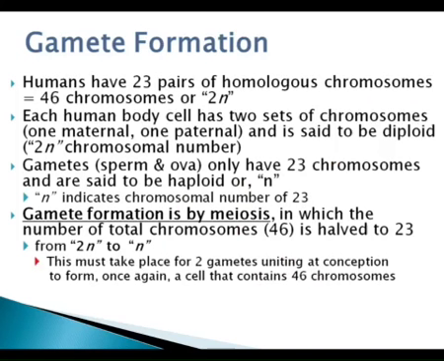Okay, so we always start, right, with diploid. The gametes that we produce are always going to be haploid. So when mom and dad, right, get together